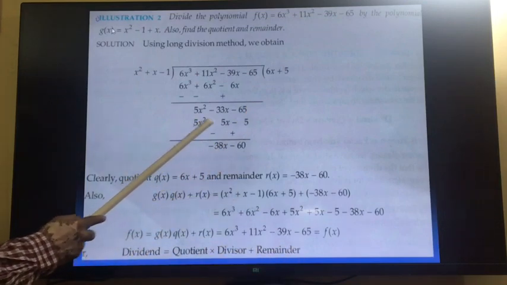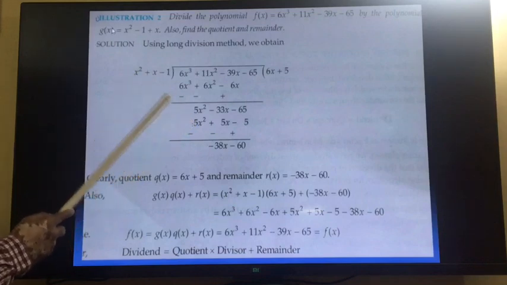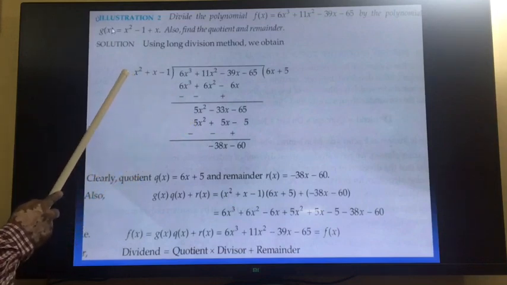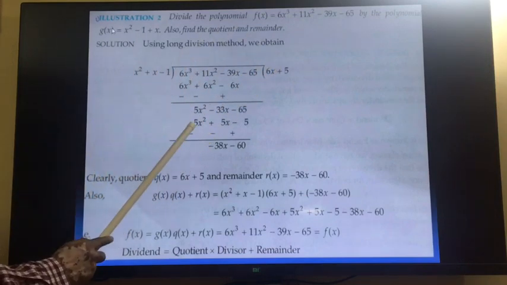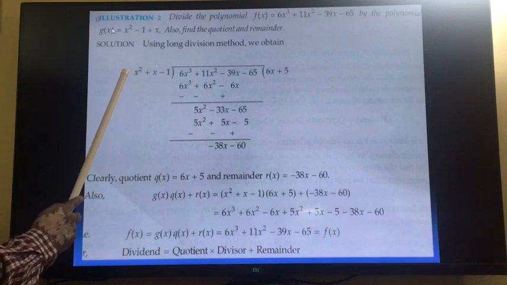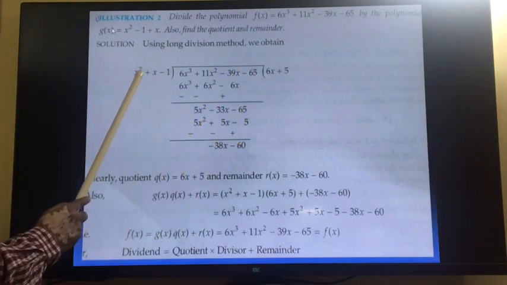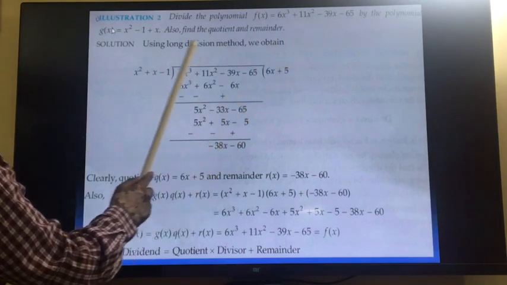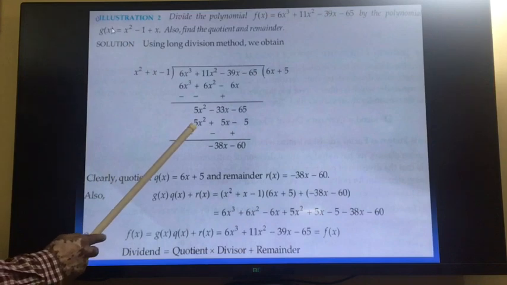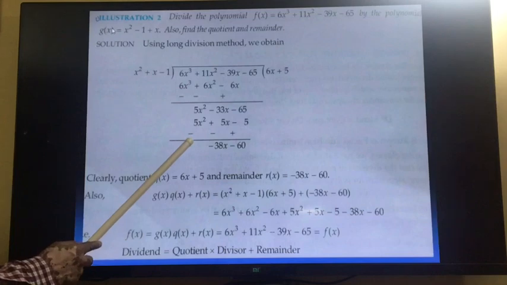Now to write the second step, here you see what is the number? 5. This is plus 5, so we want the sign plus. Before this there is a plus sign, so we will write plus here. Now before this there is 1, but we want 5. So by which number will you multiply 1 to get 5? We will multiply 1 by 5 to get 5 here. After that we want power 2, it is already there, so no need to write any x, only 5 we will write. Now by this 5 we will multiply the whole expression, so we will get 5x^2 + 5x - 5. After that change the sign, so 5x^2 minus 5x^2 cancels.